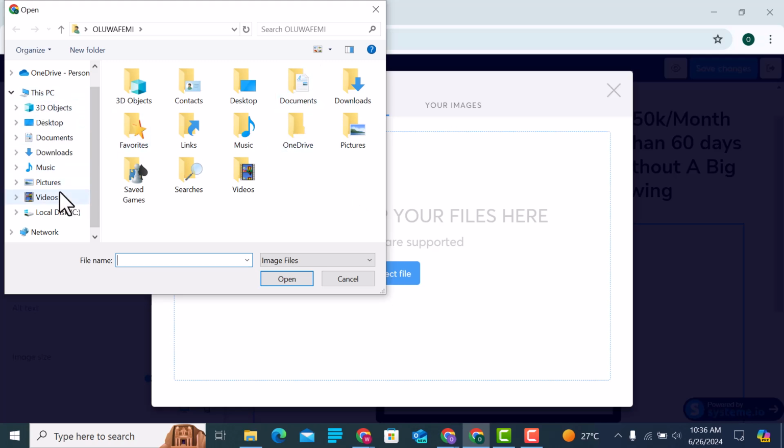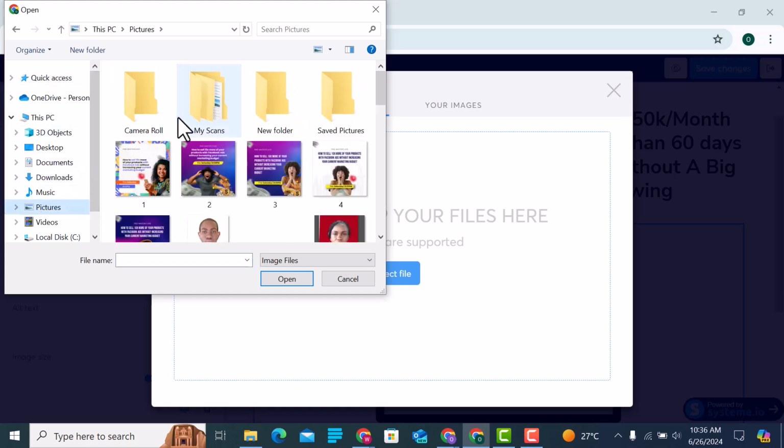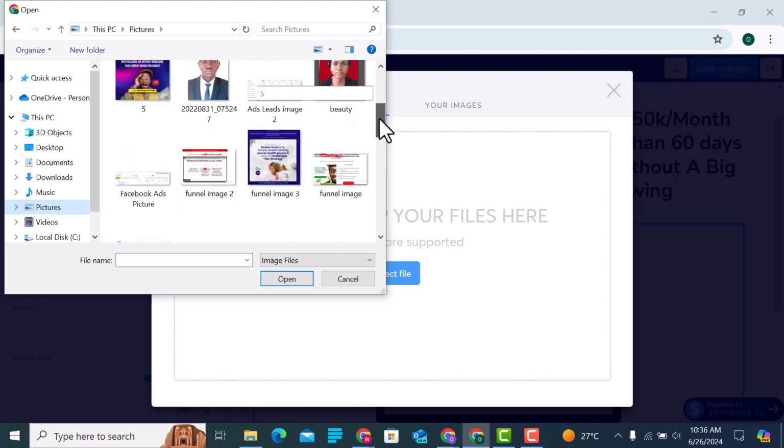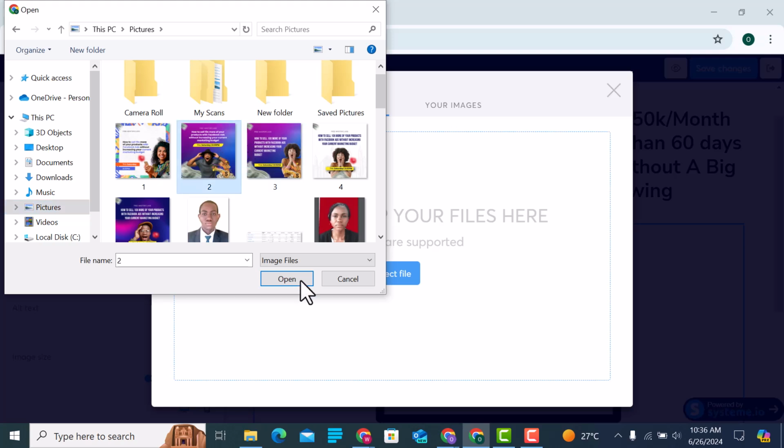Look for an image here I can use. Now, system drive is basically drag and drop. But there are a lot of things that come into play, knowing how to size it, how to do this, how to do that. It's basically simple. You can do it by yourself. Yes, but if you are too busy, you can't. Let me just pick one of my pictures here. It's not what I'm using, but let me pick one of the pictures.